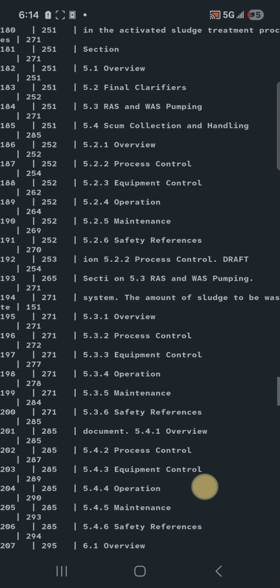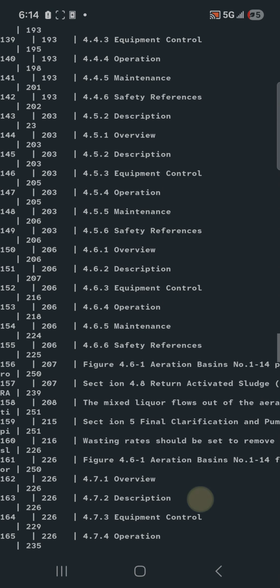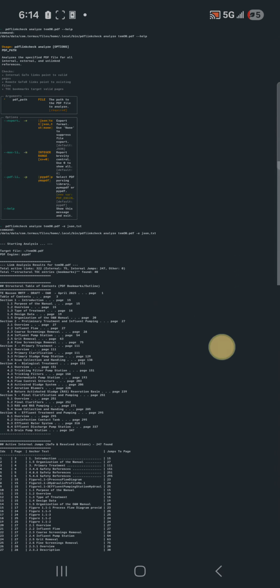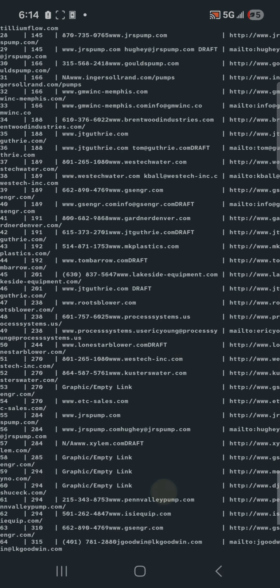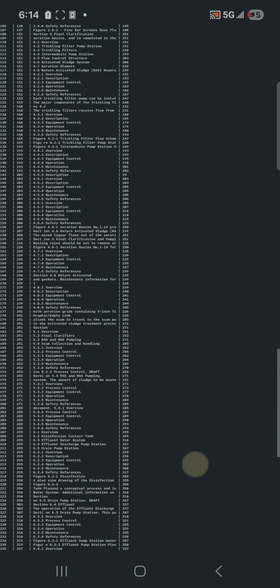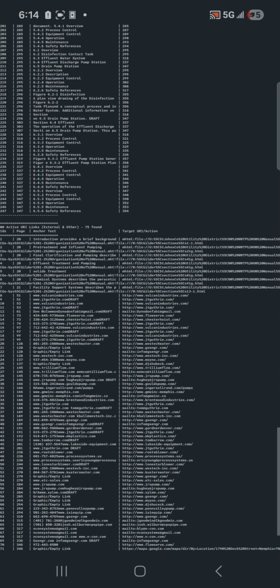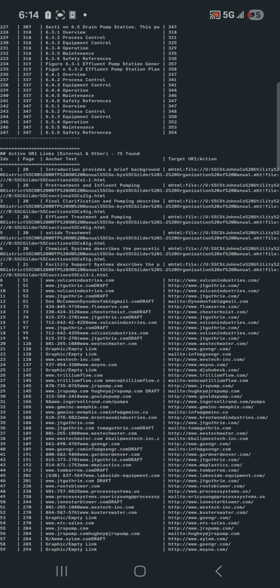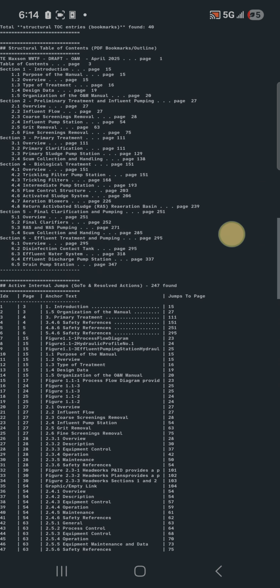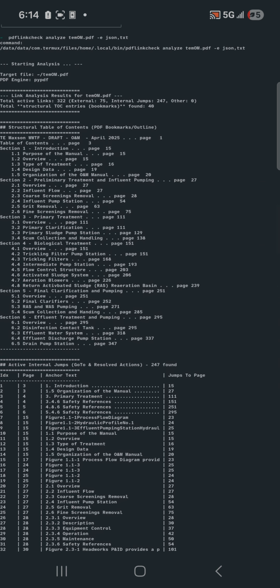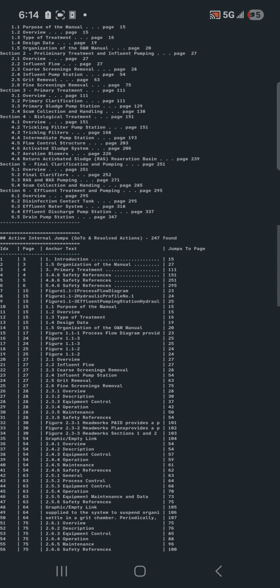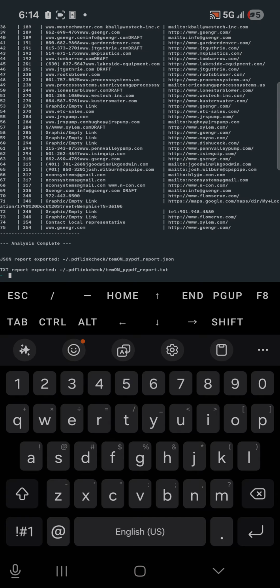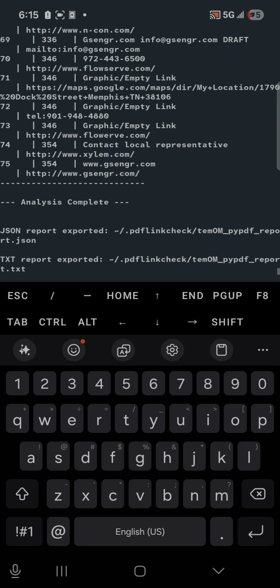Then otherwise, this is the table of contents. That's the table of contents at the top, actually. Here we go. This is all TOC stuff, and this is page jump stuff. Maybe I have that wrong. Here we go. Table of contents stuff, and then active internal jumps, go to and resolved actions. Great, okay, and then this exports